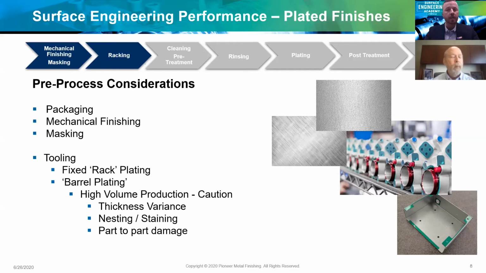Also worth noting here is the tooling selection, and really two main strategies at work. Fixated tooling strategy, similar to, say, an anodized process, where you're racking individual pieces, typically with mild steel or stainless, even copper wire for tooling material. And then of course there's the barrel or bulk barrel process, which drives cost efficiencies, high volume production,